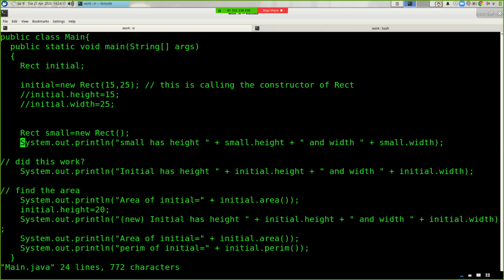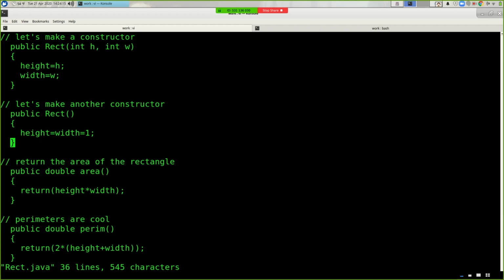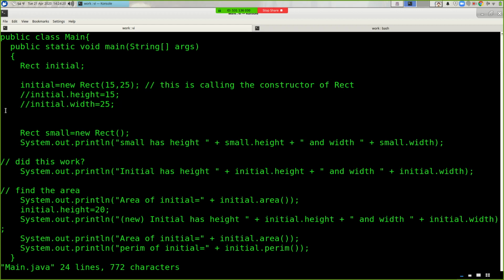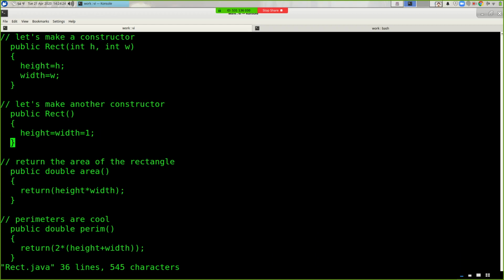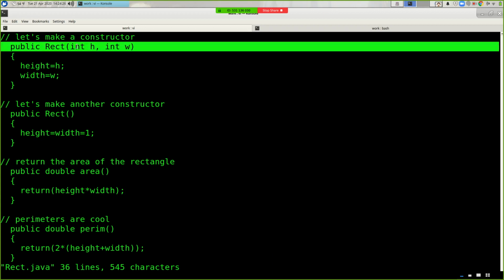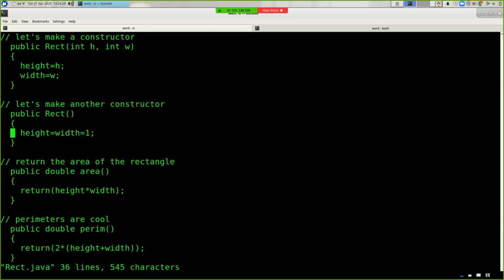And Java doesn't get confused because if I try to call this thing with no arguments, it's going to call this function right here. Whereas up here, when I tried to call it with 2 integer arguments or 2 double arguments, it's going to call this one up here. I should have made these doubles. But, you know, 25 is an integer and it's a double. But,